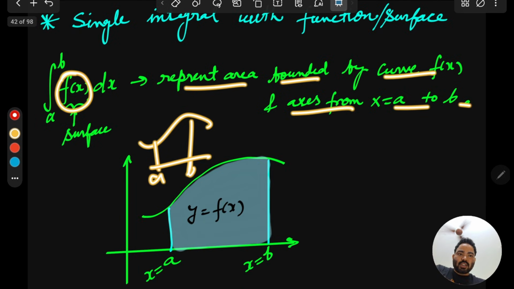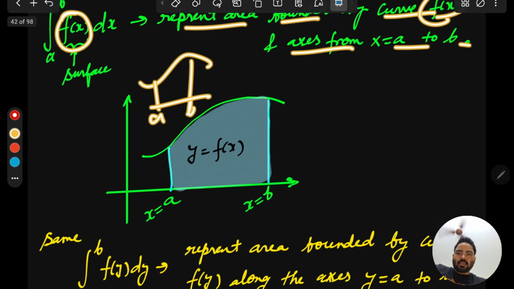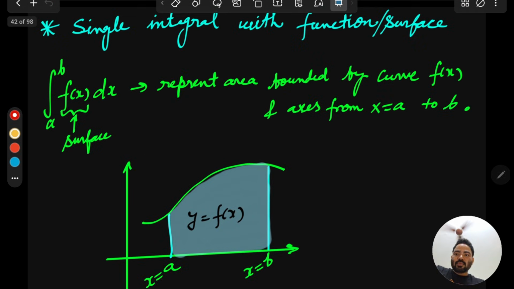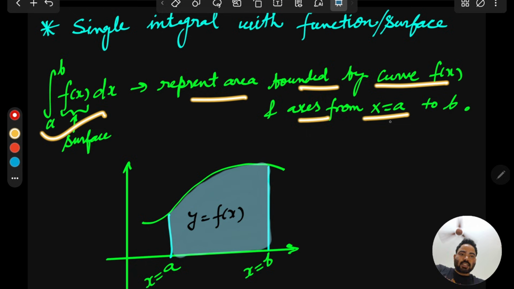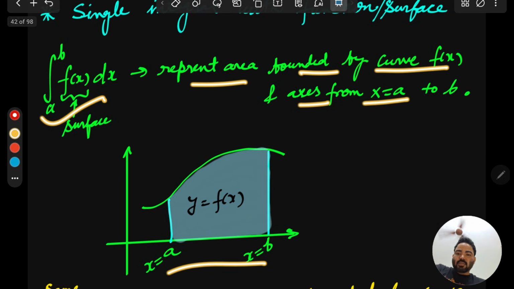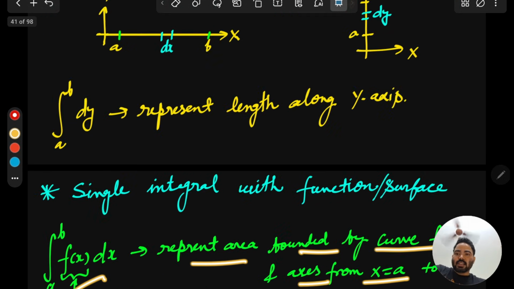So x goes from x equal to a to b if your function is y equal to f(x). You can clearly understand why from here. Integration from a to b of f(x) dx represents the area bounded by the curve f(x) and the x-axis from a to b. That is the meaning of the single integral if a function is present, and the single integral if the function is